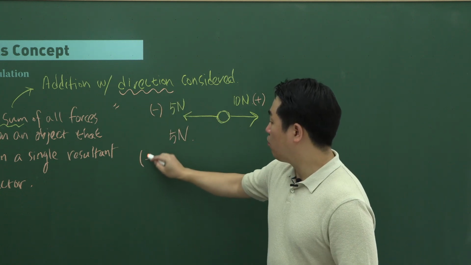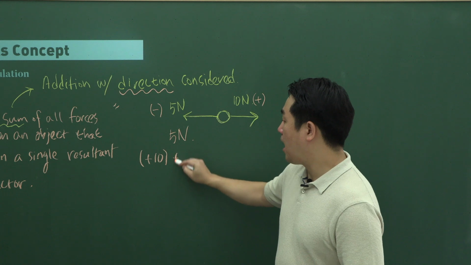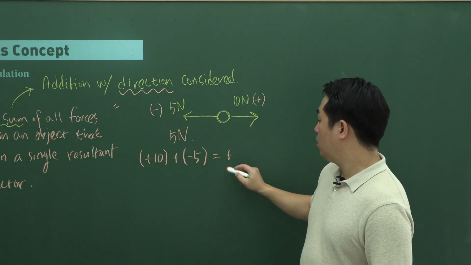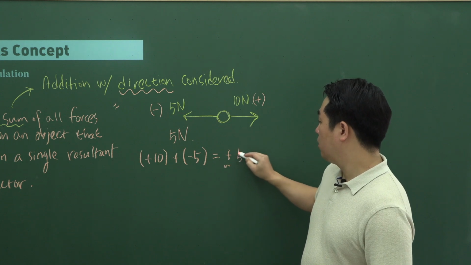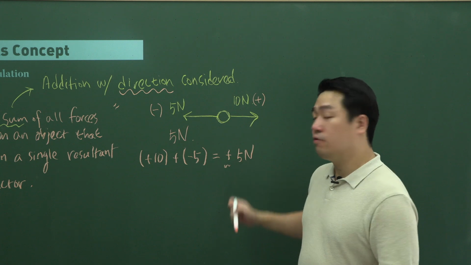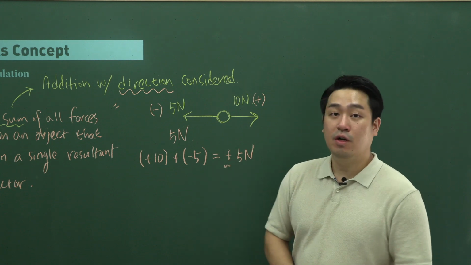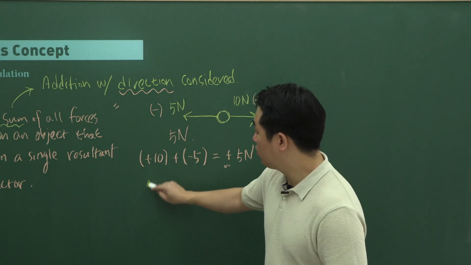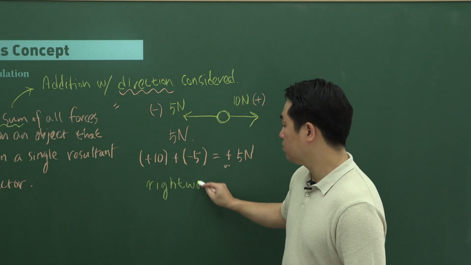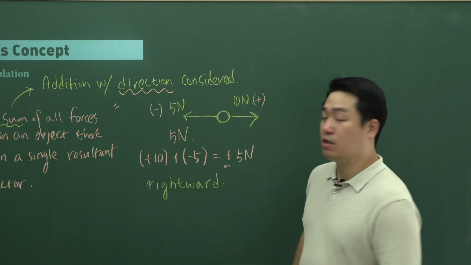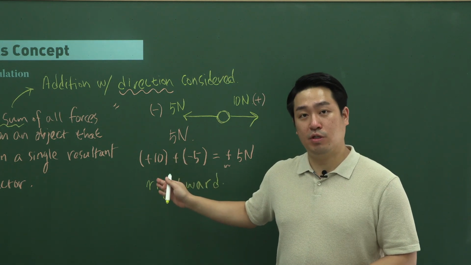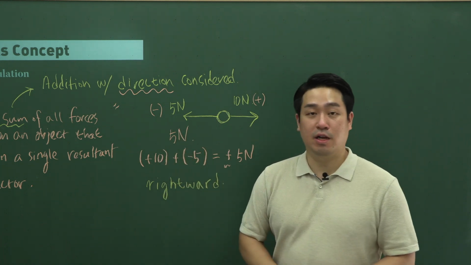Hence, a rightward force added with a leftward force results in a rightward 5 newtons of force. So the very fact that the resultant force comes out to be a positive value means that the resulting motion is going to be rightward, or the resulting acceleration is going to be rightward. So this is the vector sum of forces, which is the way you calculate the net force acting on an